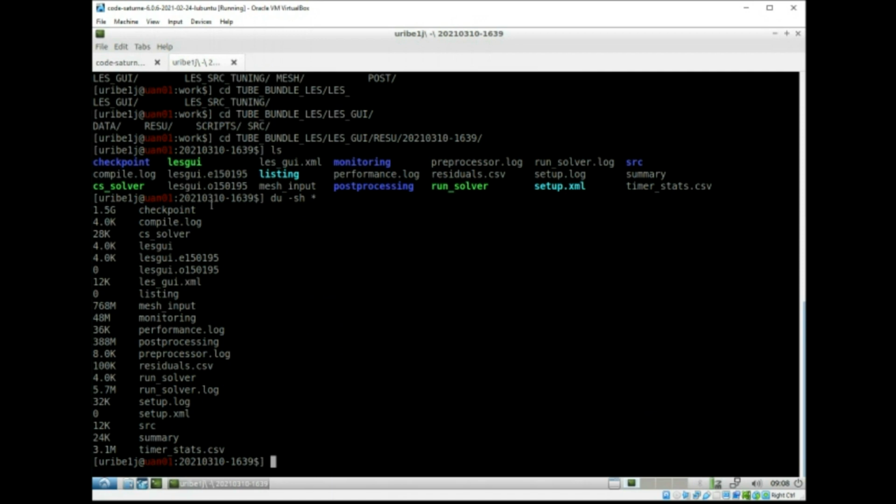Your checkpoint directory is about 1.5 gigabytes, whereas your post-processing is only 388 megabytes. You're going to need your checkpoint for the next tutorial,